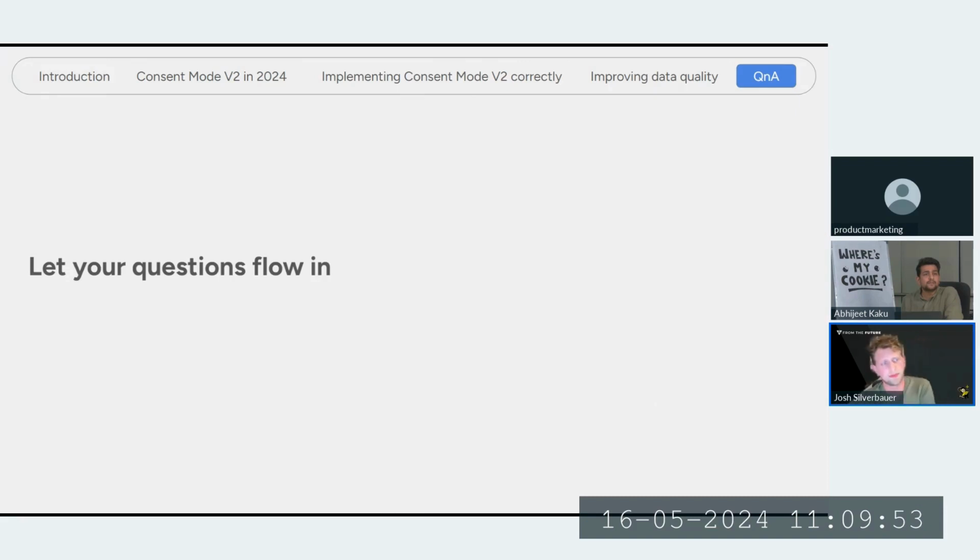In the implementation part, how does URL pass-through work? Does it help to drive the correct campaign or attributes? I might need a little more clarification around what you're asking.